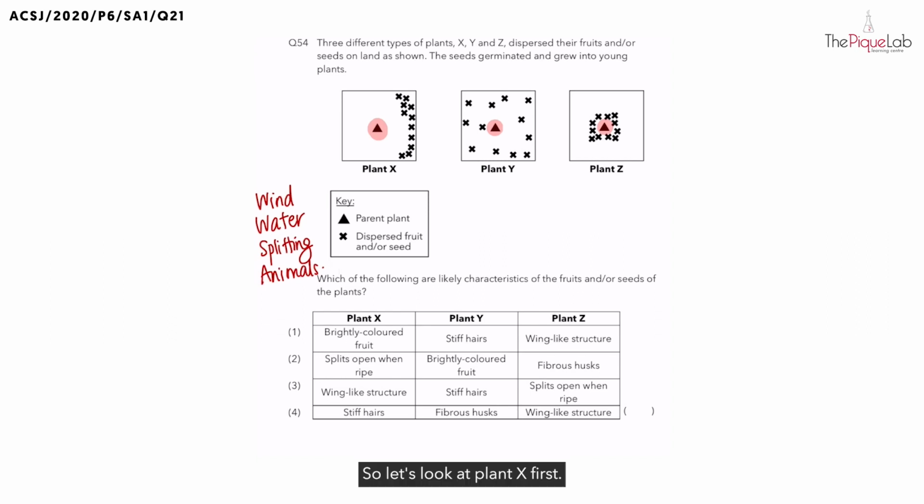So let's look at plant X first. How are the seeds dispersed in this diagram? If you look very carefully, they are all dispersed in a certain direction. They are all dispersed towards the right. What do you think caused all of these seeds to disperse only towards the right side? Yes, it must be the wind. The wind's direction must have been in this way, causing all the seeds to be dispersed to the right side